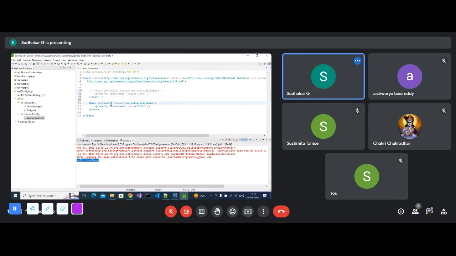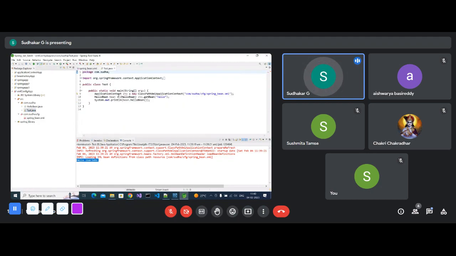I will change it to hello bean one. See, here I had given hello. If you use it like this, it won't accept. This is an invalid bean. If you run this example,